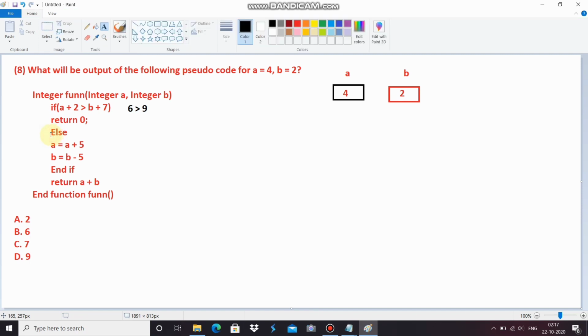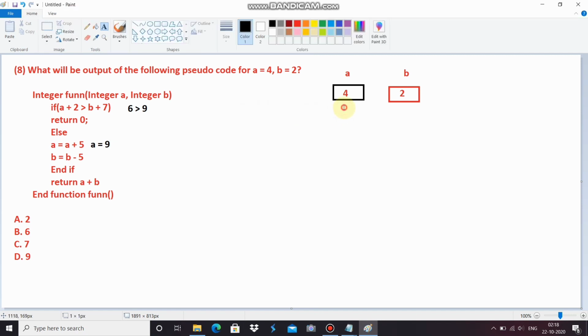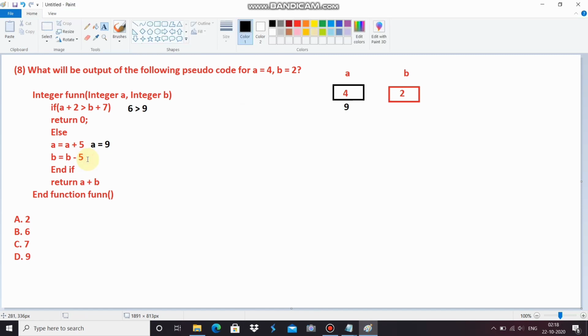Now the else condition will be executed. Here we know that the value of a is 4, and we add 5, then the value of a will become 9, and we also have to initialize the value of a as 9. And let's come to the value of b.